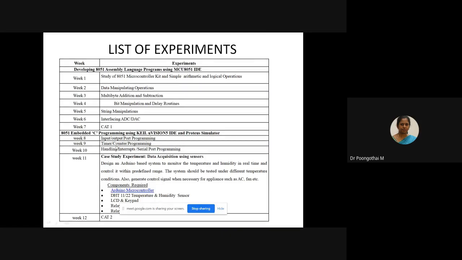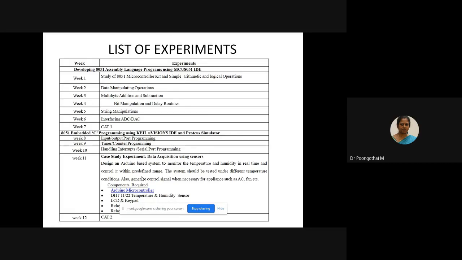In the second cycle, we will be concentrating on embedded C programming using Scale Microvision IDE with the Proteus simulator for verifying your results. Here we are going to concentrate on 8051 IO port programming, timer counter programming, interrupts, and serial port programming, along with a case study experiment.